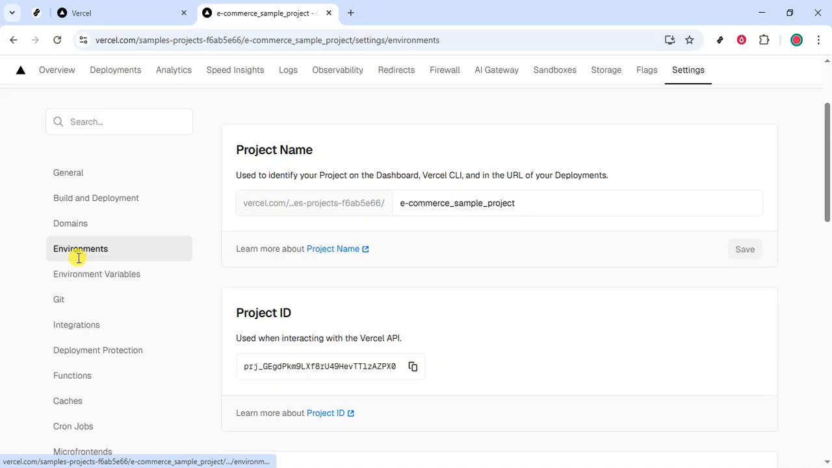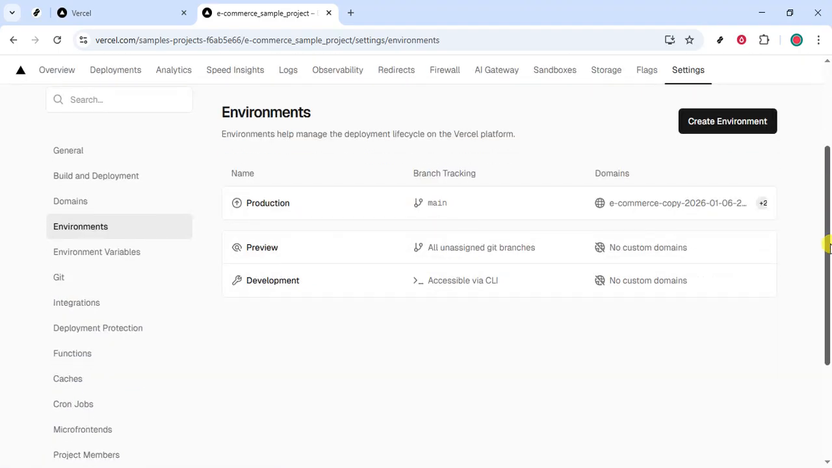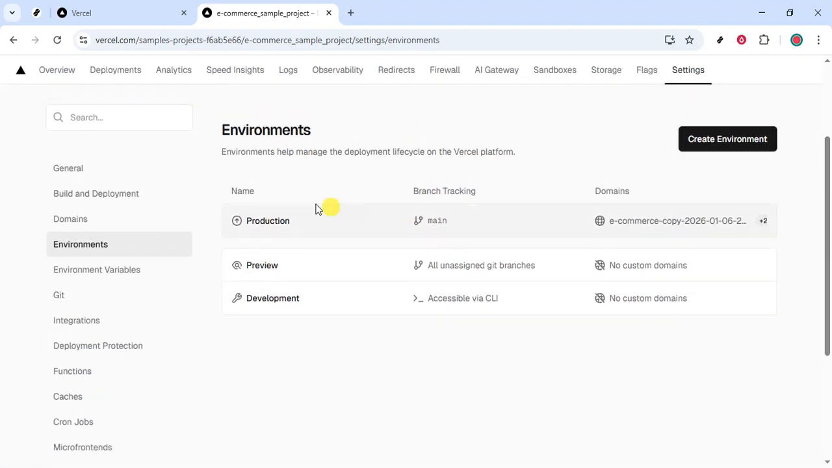Once you're in the project settings, look to the left sidebar and open Environments. This page groups settings by environment so you can control behavior for production, preview, and development independently. That's important because the source branch can mean different things depending on which environment you're adjusting. For example, production usually tracks a stable branch like main or release, while preview might track multiple branches for feature